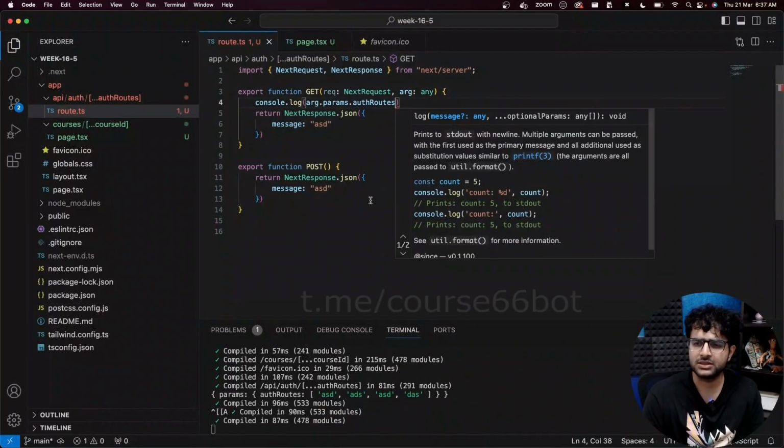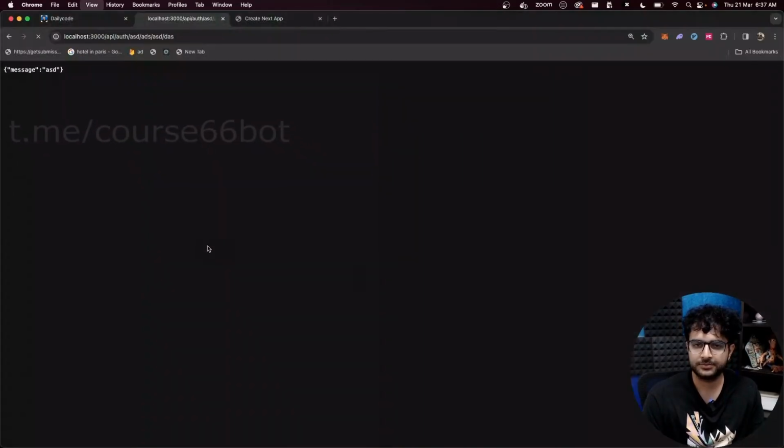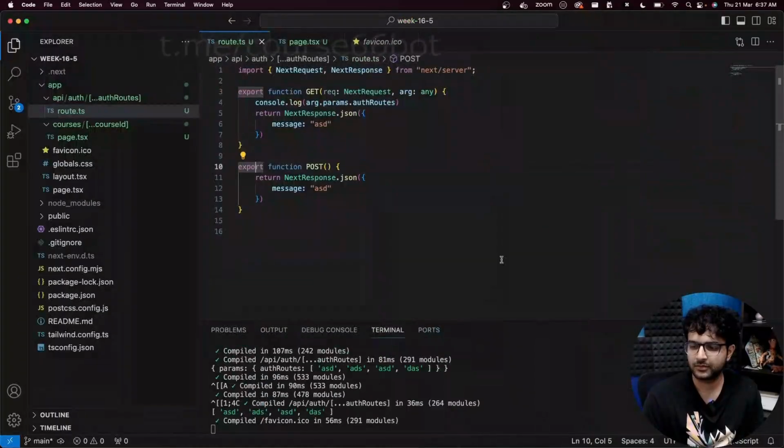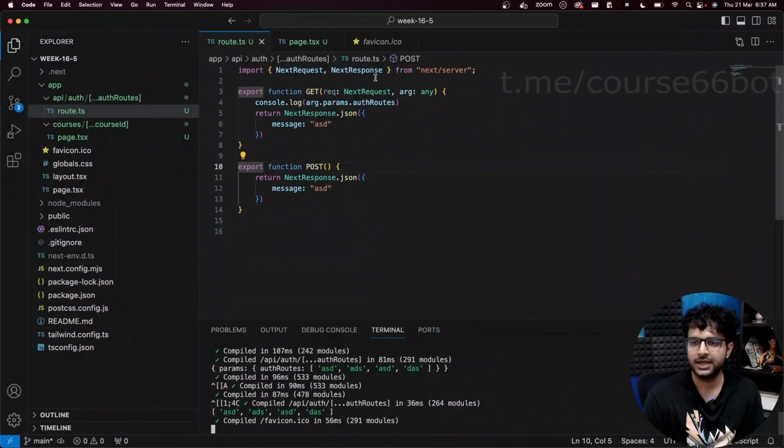Is that it? That's it. Now if I go back to this page, let's see. It renders ASD, ADS, ASD, DAS, which is exactly the 4 routes after /API/auth. So